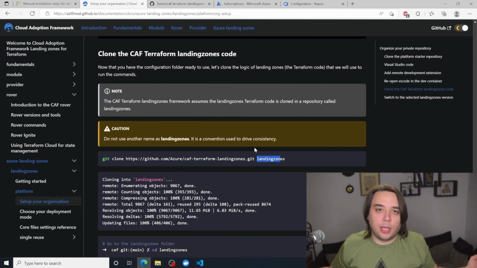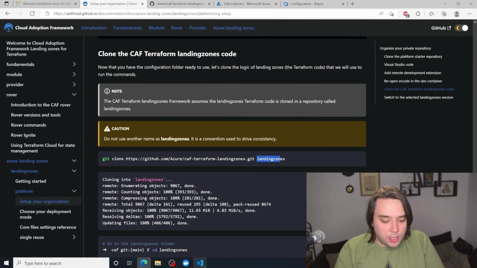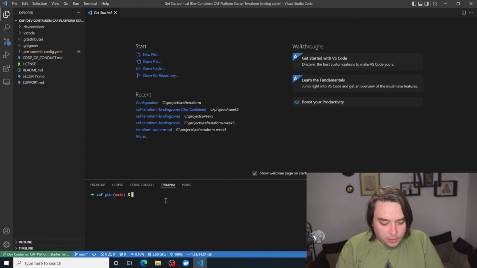If we have an open-world project where everybody is using these modules, it's better and easier for the templates to use landing zones. So that's what we're going to do. We'll paste this here and of course type in landing zones. You could have just copied it from there if you wanted to.